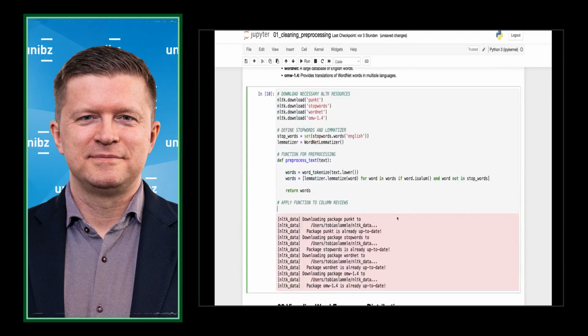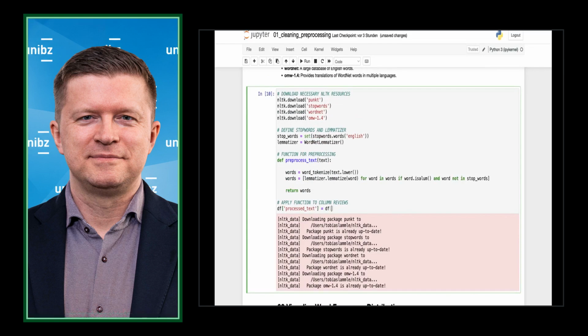So let's save it in a new column. Let's call this new column processed_text. You can call it however you want, but I just want to save it in a new column.